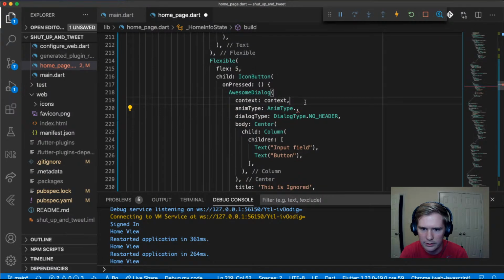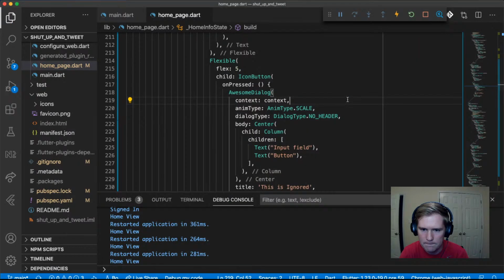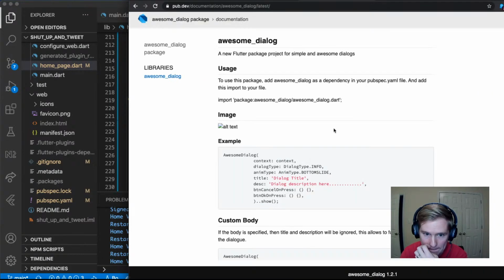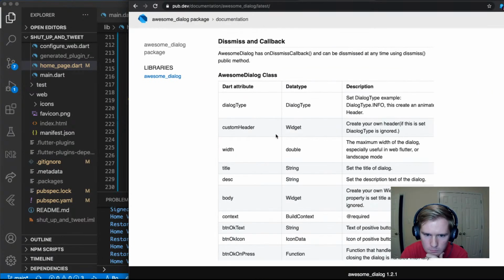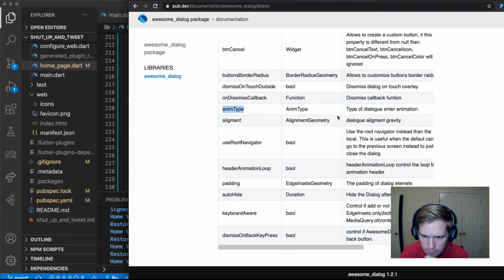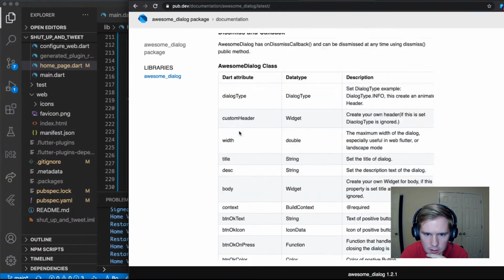I'm curious, what does this accomplish? API documentation. Type of dialog, enter animation. Okay, is there a width that we can mess around with? Okay, there is. Yeah, I was about to say, if they don't allow us to modify the width, this would look hideous on web. Like, yeah, it would work, but